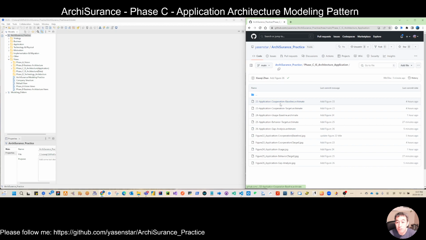So we're starting from the application cooperation baseline, target, tool. And then we move to the application usage. We only model the baseline, and the application behavior, we model the target. Then we combine 22 and 23 to have some gap analysis view. So all those are quite focused on the application, but when we did this modeling, there's a certain cross layer